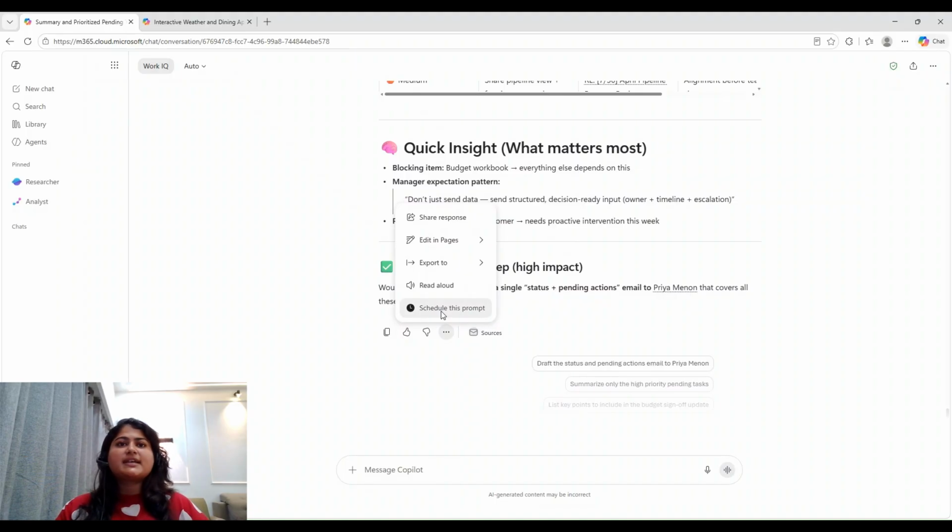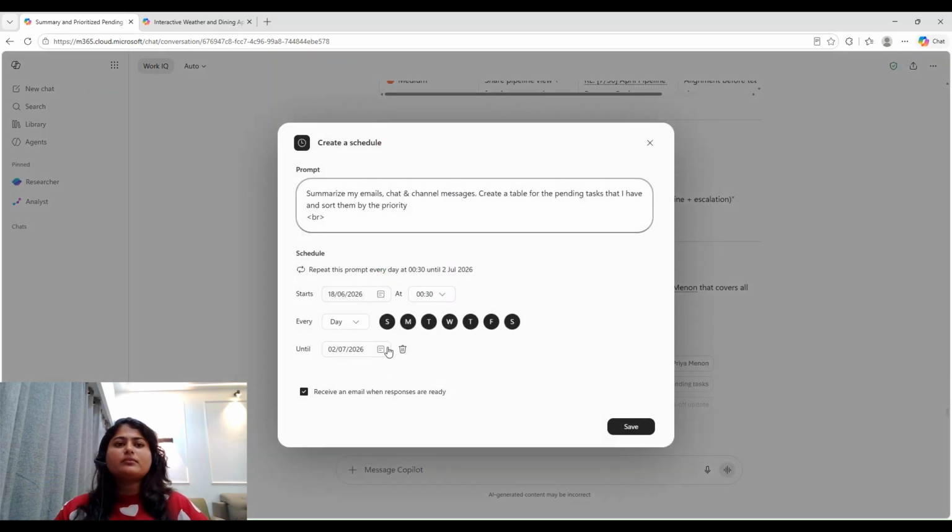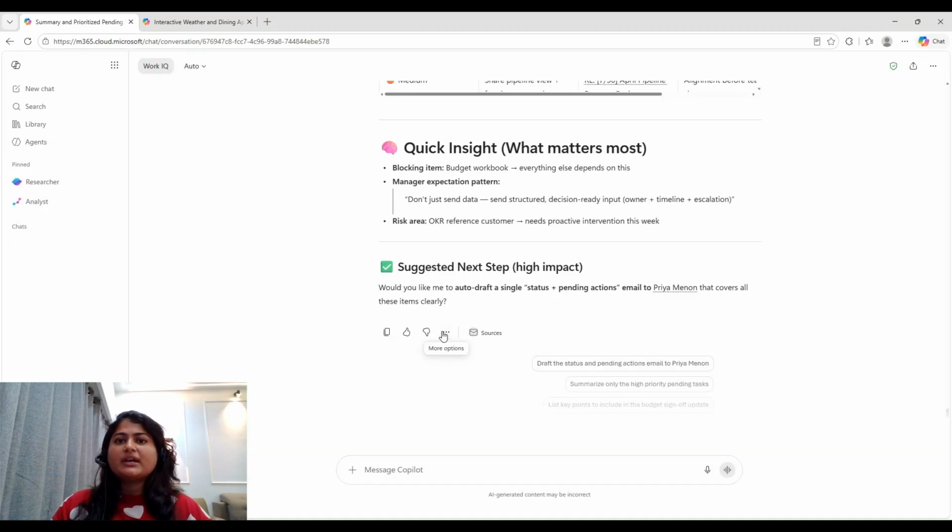If I click on the schedule prompt, I would be able to put a start date, end date, and if I want, I can receive an email when the responses are ready. So based on this particular schedule, this prompt will run and the output will be sent to you over an email. So this is one thing that you can do.